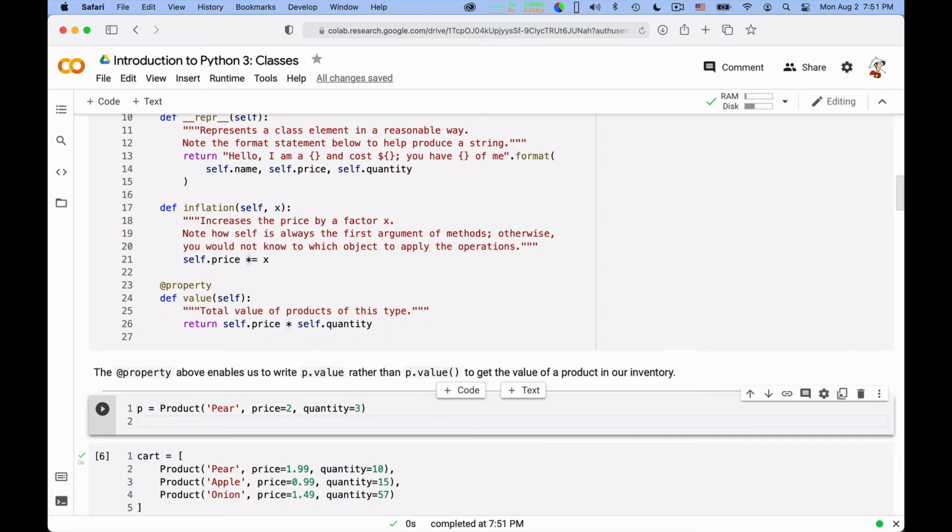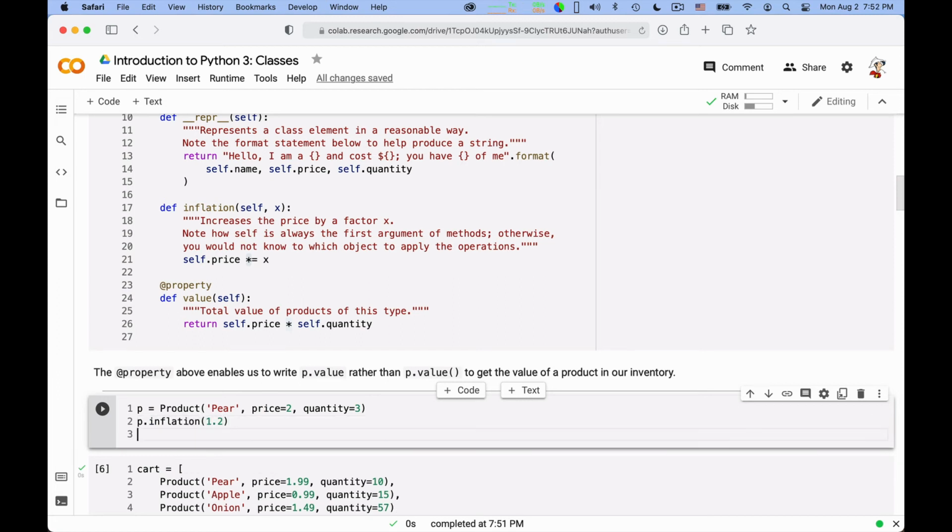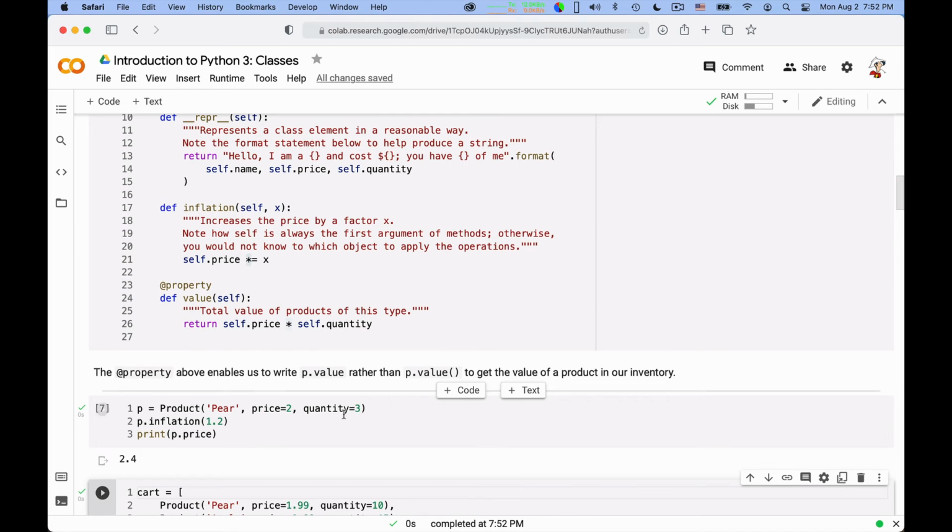If I do this, I can then say p dot inflation by 1.2. Okay, and then say print p dot price. Okay, and we should see that the price has increased from 2 to 2.4.